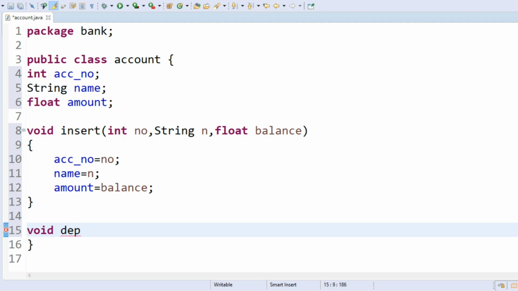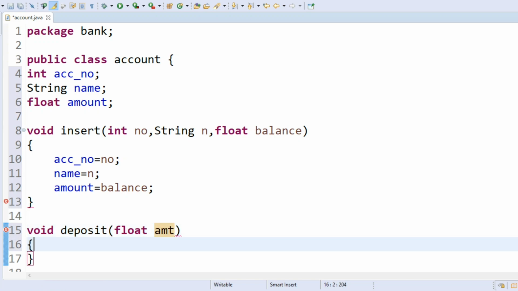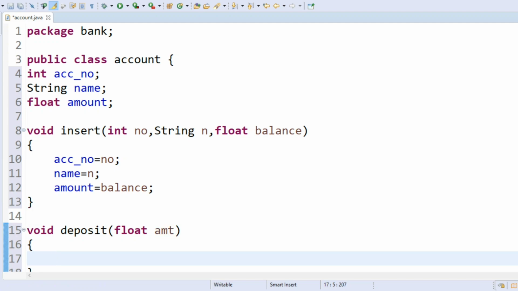So for deposit I created a method. In that method I would like to take how much amount you want to deposit. So when you are depositing some amount, that amount should be incremented. So amount equals amount plus AMT.